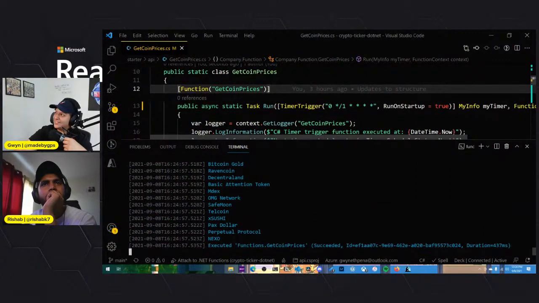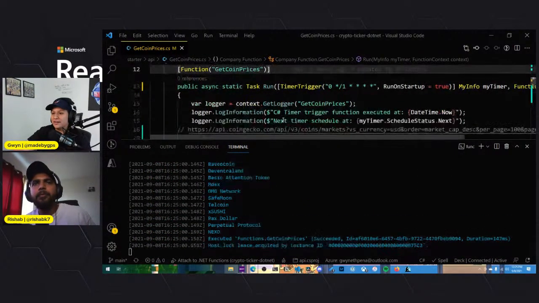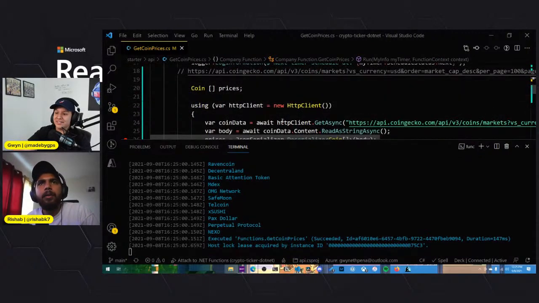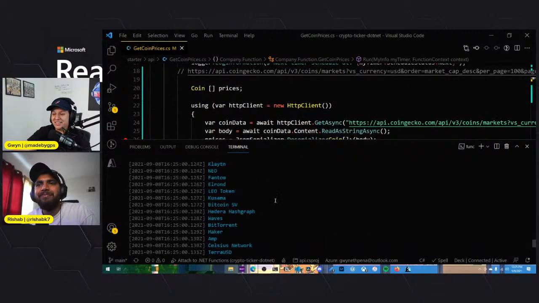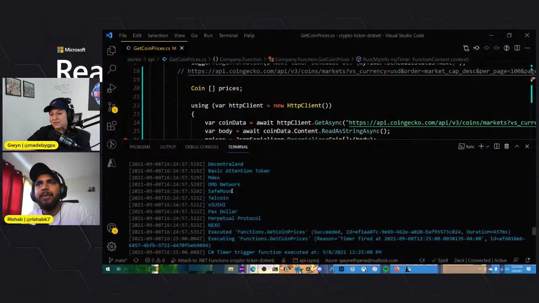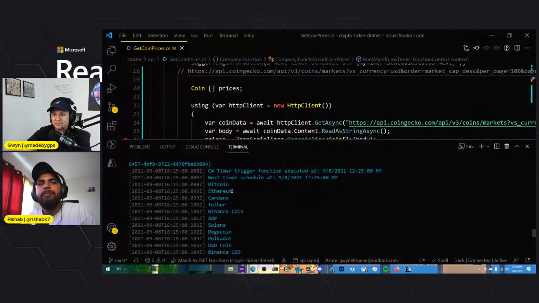We're doing, there we go. See, I was returning the wrong type. My mistake. All right, cool. So yeah, there we go. Live debugging. Awesome. Yeah, so we have now all the names of the coins that we're getting from